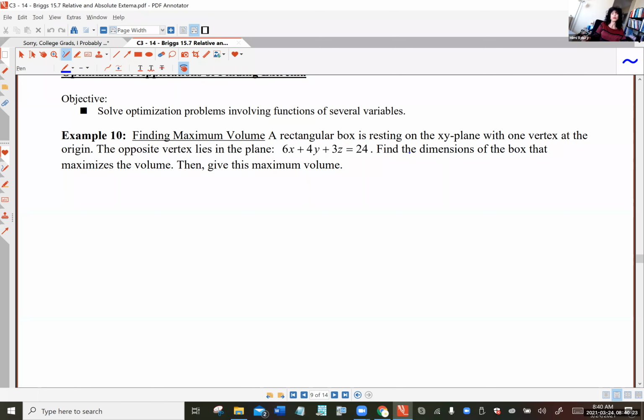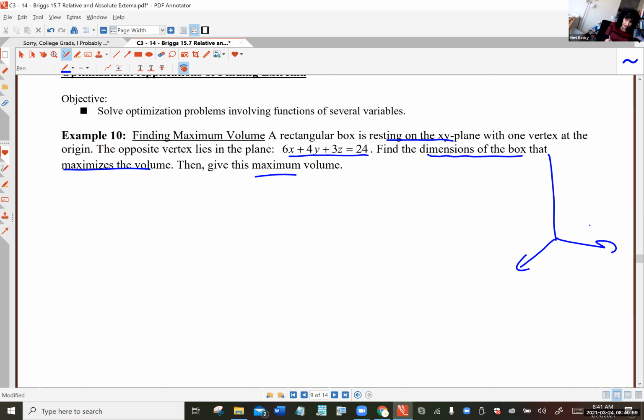So this is known as applied optimization, when we actually do a word problem for a relevant real-life application of extrema. Let's say we have a rectangular box resting on the XY plane with one vertex at the origin. I'll draw a picture in a moment. The opposite vertex lies in the plane 6x plus 4y plus 3z equals 24. We want to find the dimensions of the box that will maximize the volume, and then we'll actually find that max volume. Fine. So if I draw a picture of what's going on here,